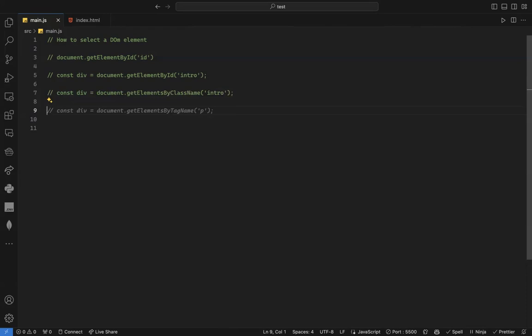Can I use tag name? So we have here document dot get element by tag name. And what tag name do I need? I need the div, right? And what do you think it will return again? Will it return a single element or a collection? I'm using tag names. Multiple elements could have the same tag name, right? So it doesn't make sense to return one element. So if I refresh here, as you can see,